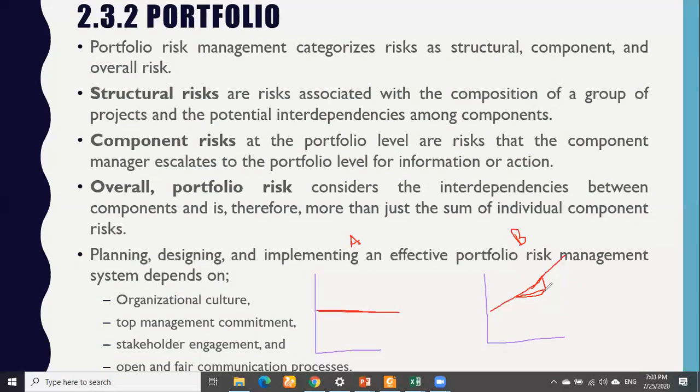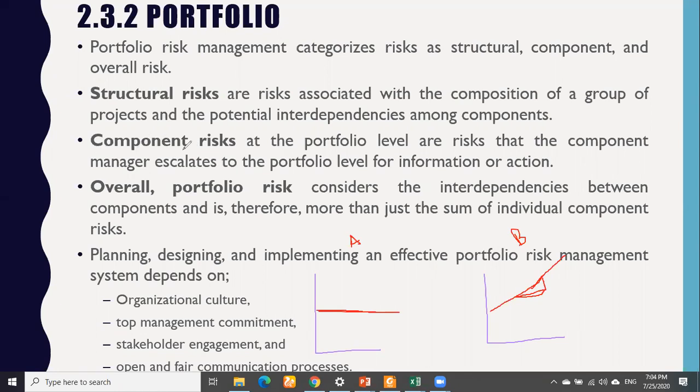समझ आ गई कि स्ट्रक्चर लेवल पे हम क्या देख रहे हैं? कंपोजिशन देख रहे हैं कि हमारे डिफरेंट प्रोग्राम्स इस तरह कंबाइन हो जाएं कि उसकी वजह से हमारा परफॉर्मेंस स्लोप, या हमारा रिवार्ड स्लोप, स्टेबल हो जाए, उसमें इंक्लिनेशन कम हो जाए. And whenever there is a lower inclination, you will identify that there is now a lower level of risk involved in the structure of that portfolio.